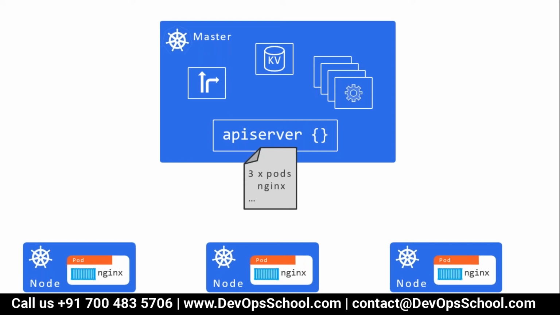So for all this communication, input and output, they have made only one gateway. You can say something like a registry, I say the API server. Through the API server, everything gets delivered to the cluster and everything is received from the cluster. But everything, whatever you send and whatever you receive, is being stored in the etcd.